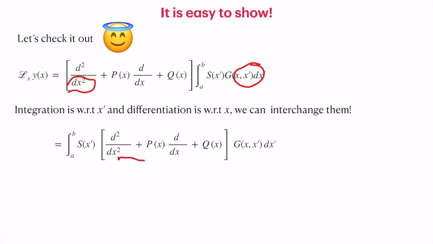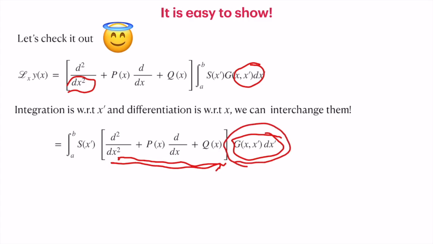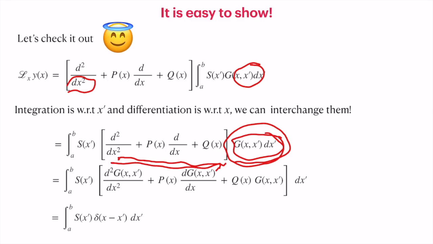Now you see that this differential operator in the general form acting on G of x, x prime, which is a Green's function. We have already seen how we obtain the Green's function with the source function as delta of x minus x prime. So this differential operator acting on the Green's function should give us the delta function. Now the integral simply reduces to the integral from a to b of s of x prime into delta of x minus x prime. From the property of the delta function, this is s of x. Now you see how simple it is to show that the solution obtained from the Green's function in fact satisfies the inhomogeneous differential equation.